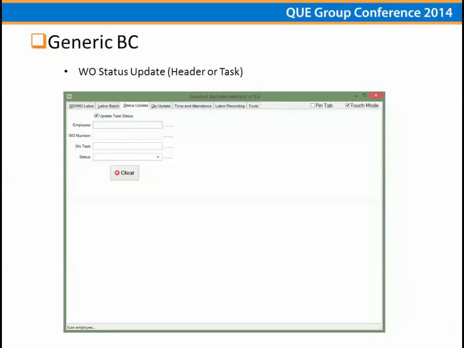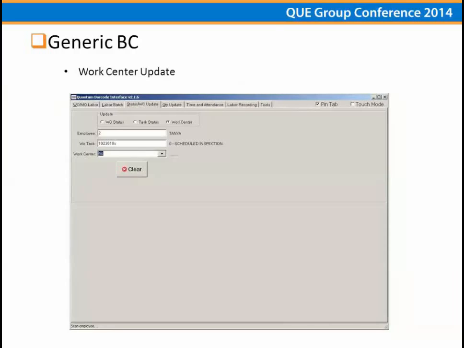some brand new work being done, which I don't believe will be out until 10.5, but that's actually this next screen. And on the generic barcoding executable, the interface is actually going to change slightly from what we just got to see on the previous slide here. So you've got a radio selection that will exist for the update. And there's now a third option for updating different details on this status tab. So the two that we've mentioned, the work order status and the task status, but this listing is also going